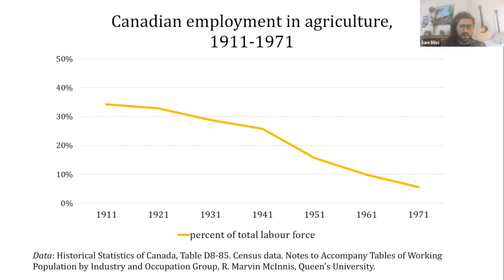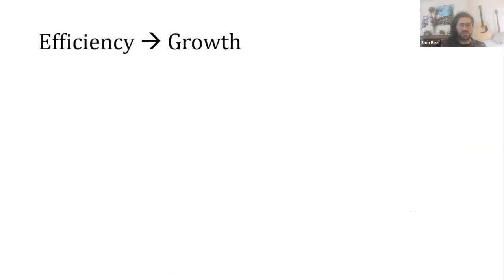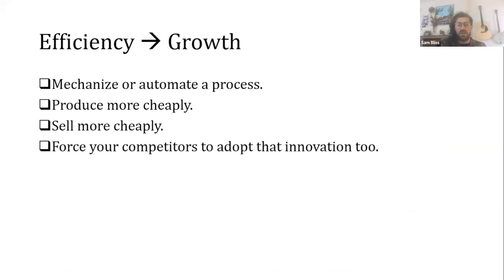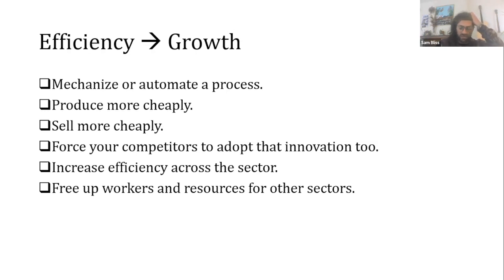But how could we have more people in agriculture? The reason there's not as many people in agriculture is this process that you all probably know pretty well. If machines are going to do something on one farm that human or animal power was doing before, then they can produce more cheaply, then they can sell more cheaply, and other farms in that same market are going to eventually have to adopt that technology to be able to compete, and that's going to increase the efficiency in the sense that you can get the same amount of yield or output with less labor or fewer resources, and that frees up workers and resources to